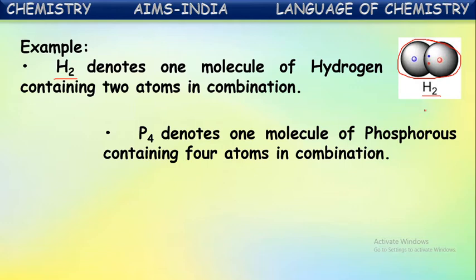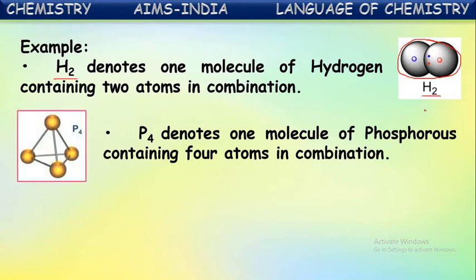In the same way, if you see phosphorus, P4 it is called. The molecule of phosphorus contains four atoms in combination. So this can be represented as P4. Instead of writing phosphorus molecule in the complete name, it can be represented in the short way as just P4. That represents a 4 atoms molecule of phosphorus. P4 denotes one molecule of phosphorus containing 4 atoms in combination. Similarly,